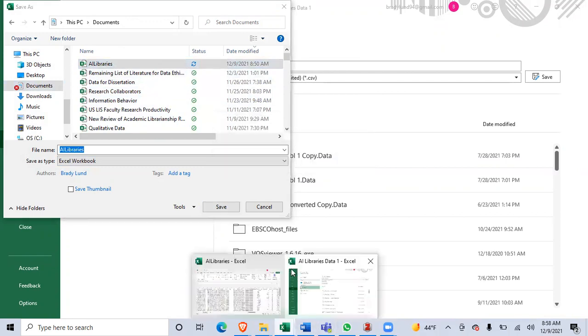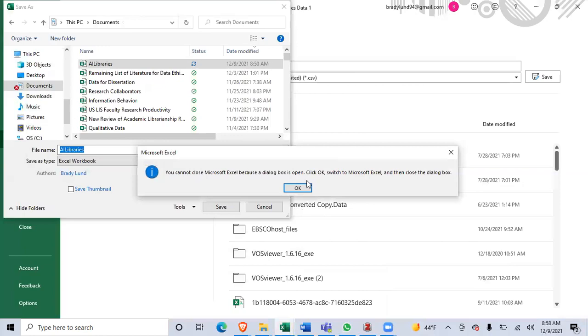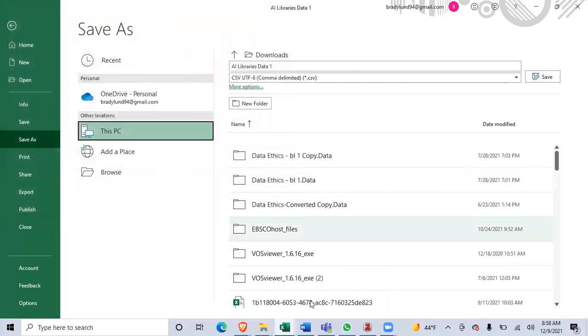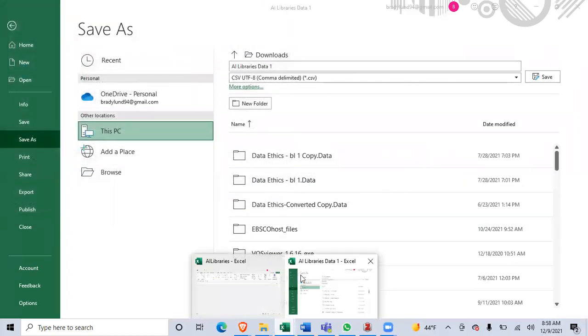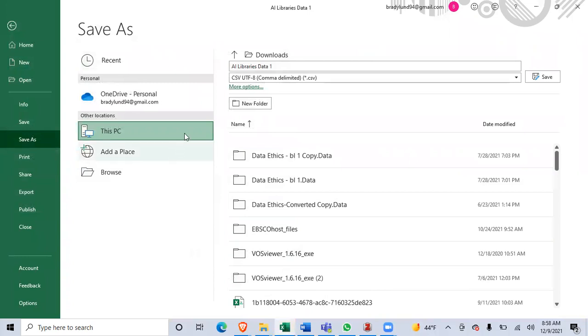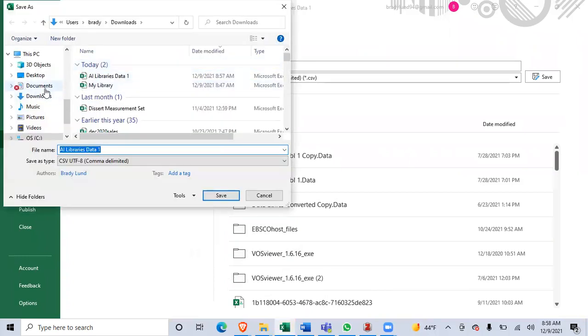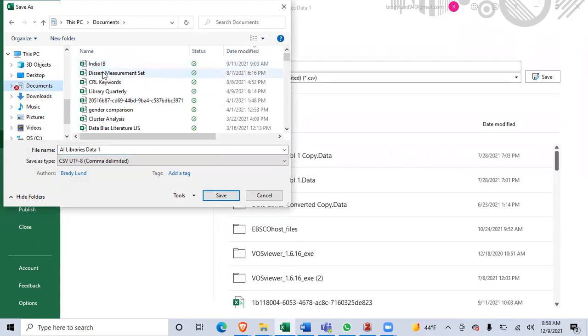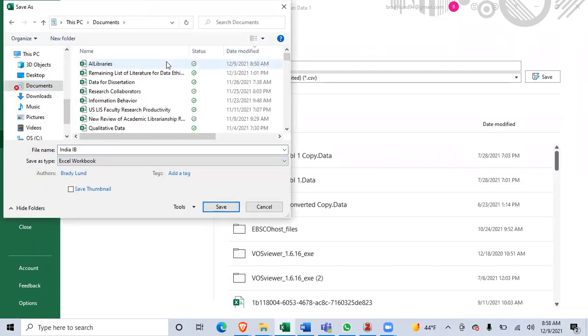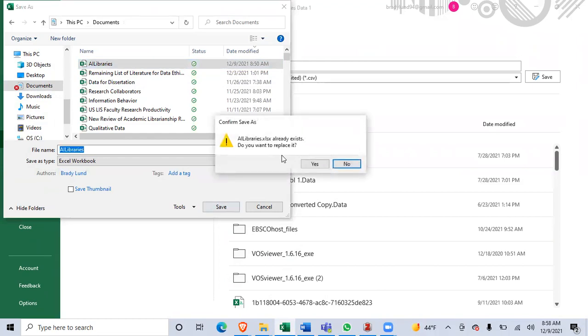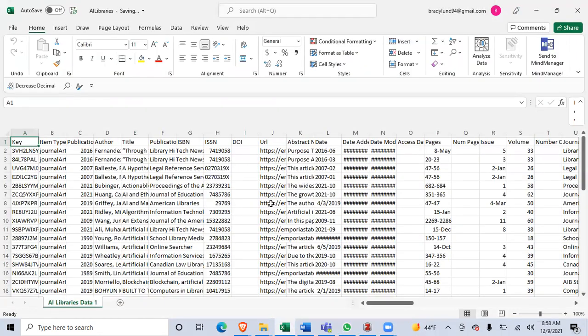So I'm going to save this as this file here. I'm going to overwrite. Excel workbook, AI library, save. I'll overwrite that. The reason you want to save it as an Excel workbook is because if you have it